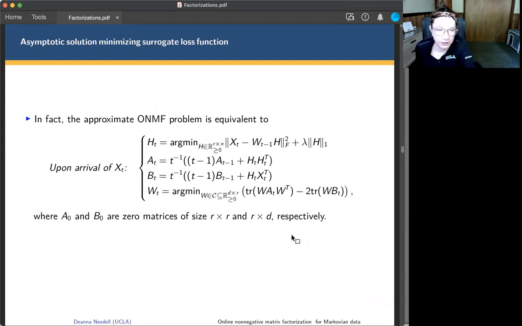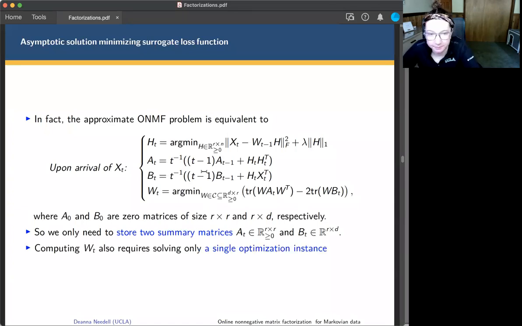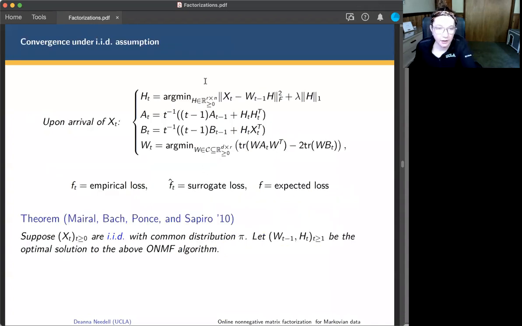Again, a lot of detail here on the algorithm, but the two key points are that these two aggregate matrices, At and Bt, can be computed iteratively, and they're reasonably sized. This alleviates the need to store any of the history. These are the only matrices that need to be stored over time, just a single At and a single Bt in each iteration. So we only need to store these two, and that alleviates the need to store any sort of long history. This is a very practical algorithm,